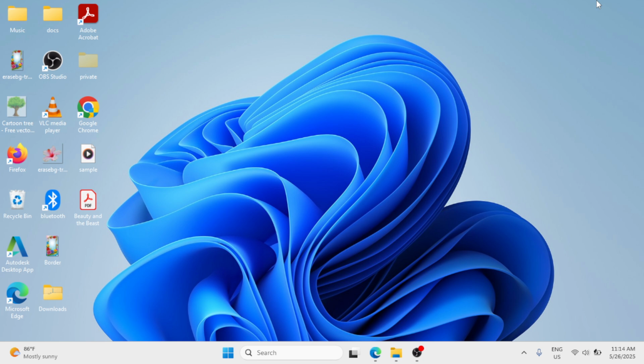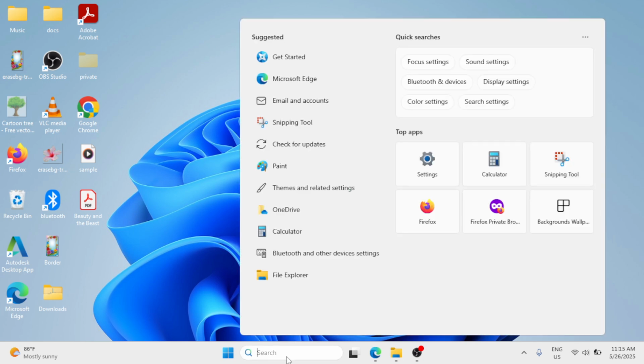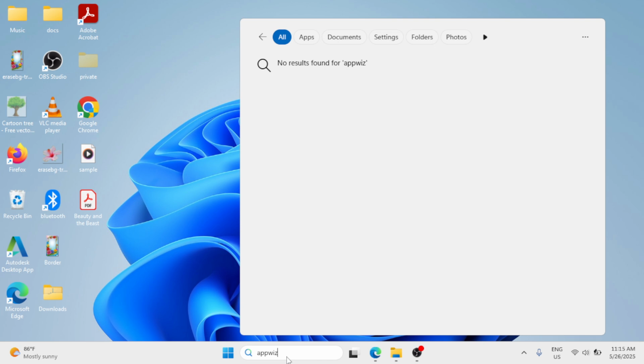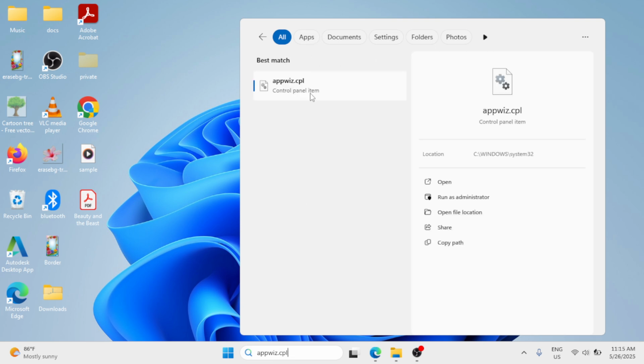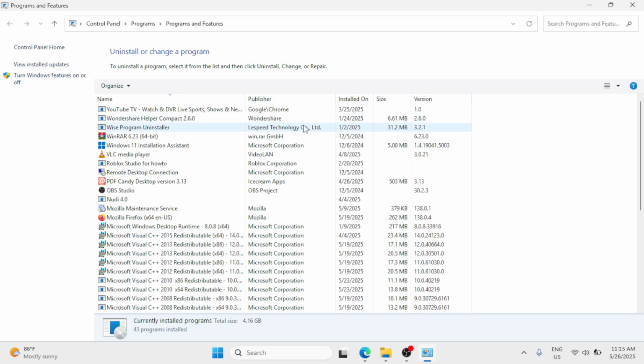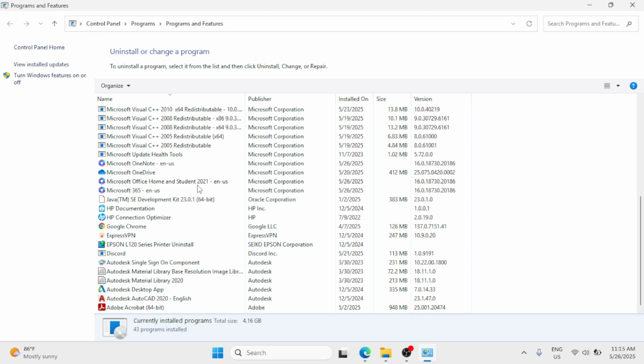Then for the next method, we can also uninstall unnecessary programs installed on our Windows C drive. For that, go to the Windows search bar and type appwiz.cpl. Control Panel item, simply click on that. Once you open the Programs and Features window, you will find all the currently installed programs on your Windows. You need to uninstall the programs which are unnecessary and that you're not using, because they just take up space on your Windows. Click on the app or program and then select the Uninstall button right here at the top. Do that for all the unnecessary programs you have on your Windows.